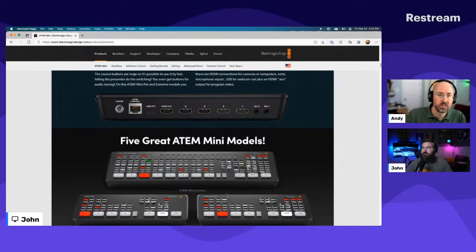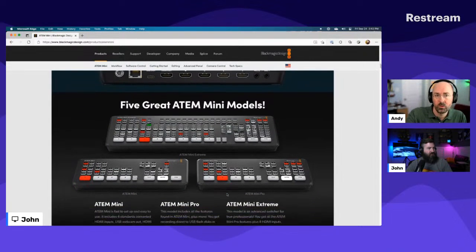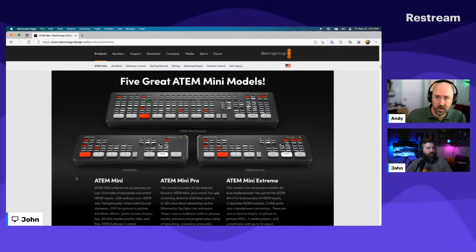And the other models also have where you can, through the USB out, record directly to a hard drive. So if you want to record the camera feeds directly and then reuse that later, you can. You don't necessarily have to run it through Teams. But there's the software control that's built in.